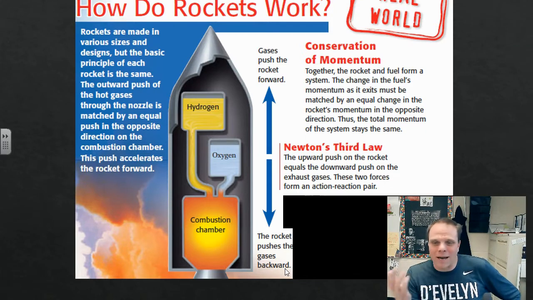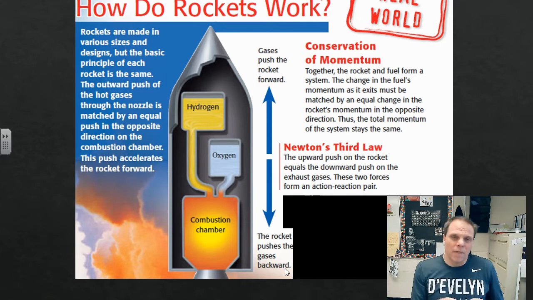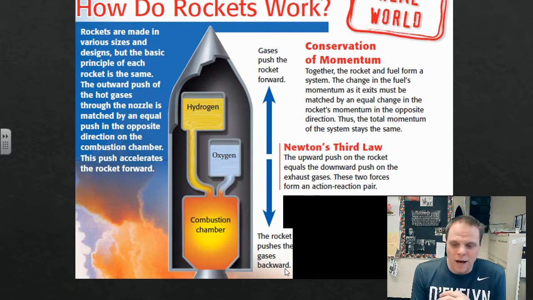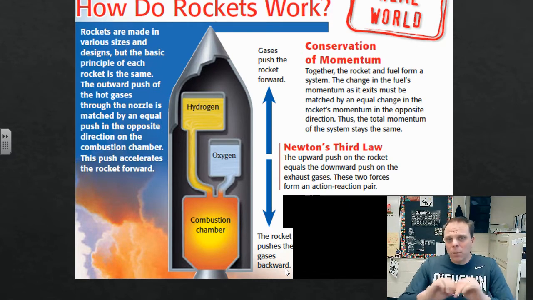Let's think about rockets and how rockets work. You can see that here in this screen, we've got hydrogen and oxygen that are going to be mixed together in a combustion chamber. That's what's going to cause the explosive force, right? Hydrogen burning, basically. And as that happens, the gas is going to push the rocket forward because the rocket is pushing the gas backward, right? So the rocket is pushing out the gas and the gas is pushing on the rocket,